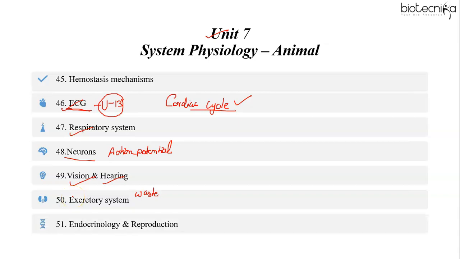Then also you need to study endocrinology and reproduction. In endocrinology, study about endocrine glands. In reproduction, study about the basic mechanism of hormone action, reproductive processes, gametogenesis, ovulation, and also study about the hormones and the diseases associated with the imbalance of the hormones. And even when you are studying about respiration, you also need to focus on the factors which are affecting the oxygen saturation curve.